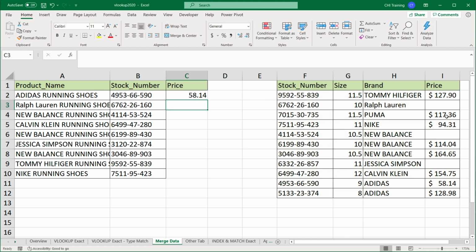So if I do that and hit enter, I get the appropriate price for this particular stock number. As you can see, it's 58.14. Now I'm going to take this and drag it down to show you some issues we may have with this particular formula. Right now, if you look here, we got a 0 for this